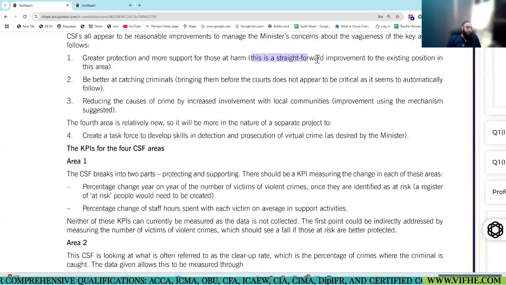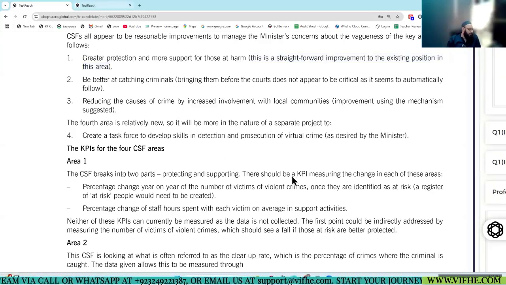This is a straightforward improvement to the existing position in this area. That's it. The examiner answer mentioned that this was a straightforward improvement. What you could have mentioned, like more focus on the protection part, more focus on the safety part, support part, because they want to perform better than the previous government. Okay, so this will give more clarity on what additional stuff they have done to improve in this area. Are you with me? Yes or no? Done. Only the simple comment was made by the examiner here.